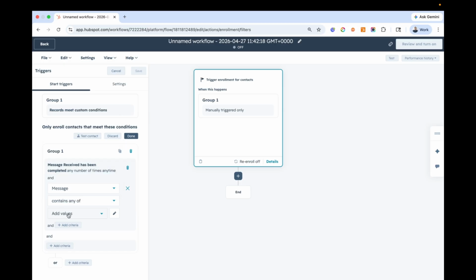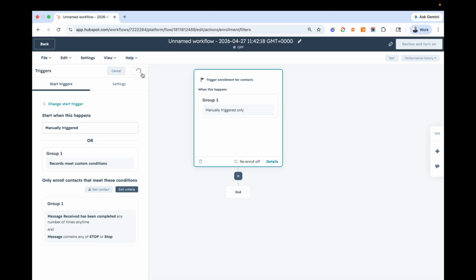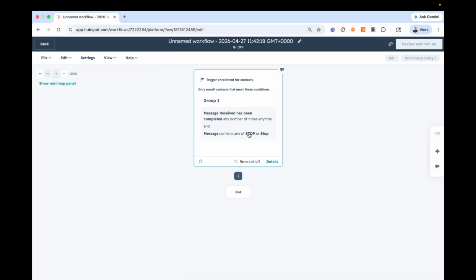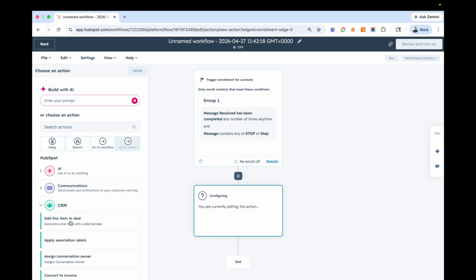Message contains any of, then put the value stop, in capital, and stop all in small. Then click on done, save. So with this, if someone sends you a message which contains stop, that will mark the WhatsApp consent given property to no. Then click on plus in the CRM card,